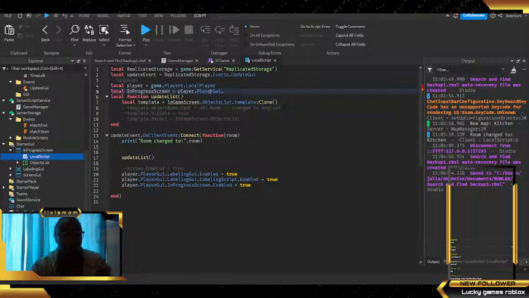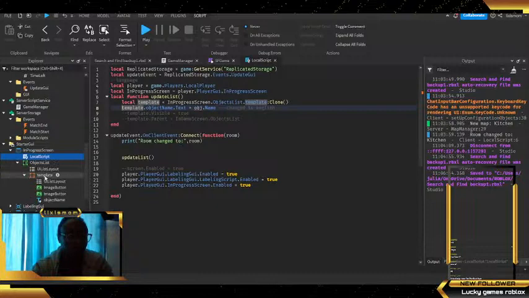Equals player GUI dot in progress screen, and then we can delete this template, which is the in progress screen object. The object is the template dot clone, and next template dot object name. Okay, so this is a template object name dot text equals